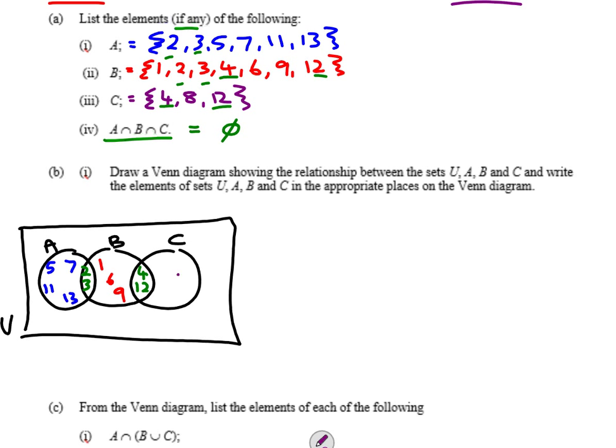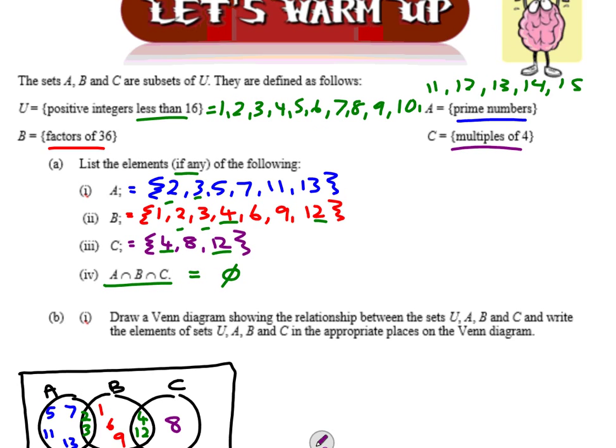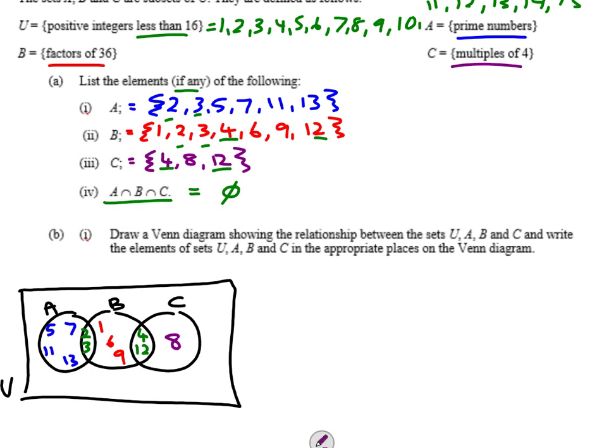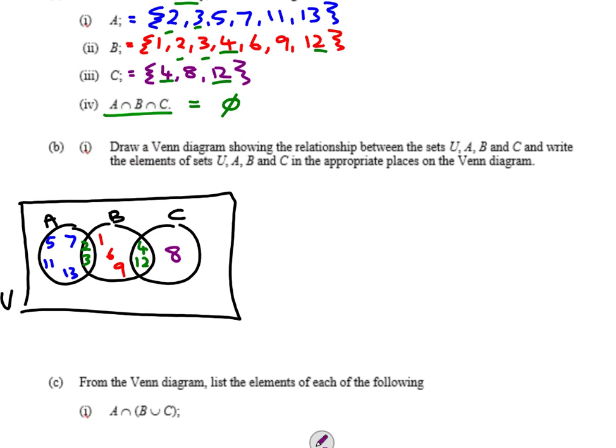Just the number 8. So you might mistakenly think that you're finished. Don't forget that the universal set includes all of these numbers from 1 to 15. So if you're not sure, just count through them and see which ones are left on the outside. So what you can do is count them like 1, 2, 3, for example, 4, 5, 6, 7,